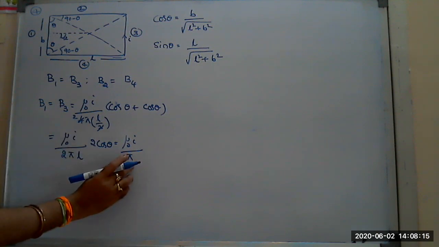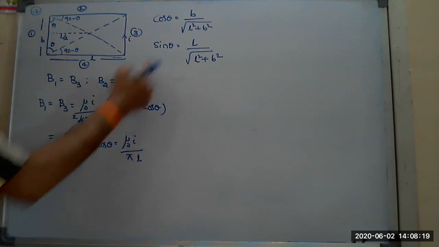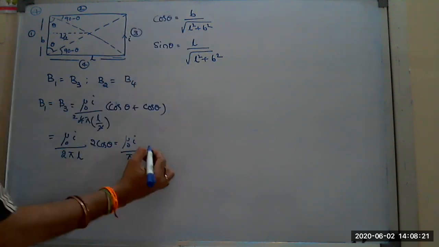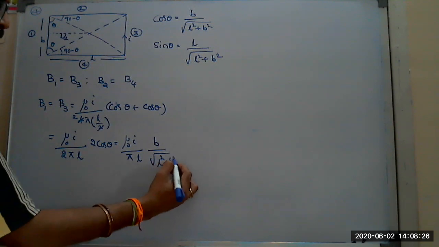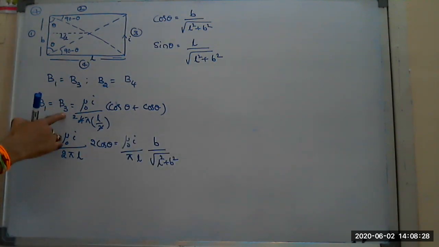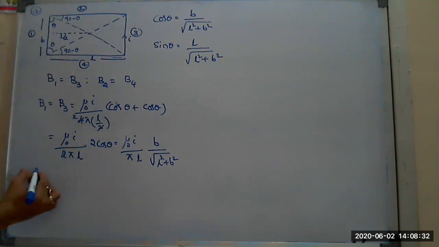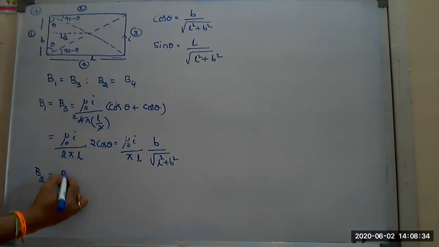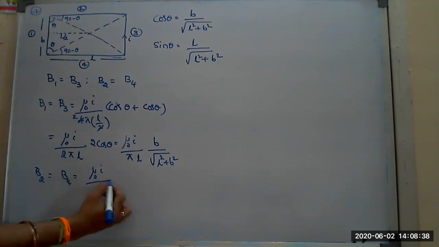Okay, pi into L into 2 already cancelled. Cos theta is B by root of L square plus B square. Okay, this is B1 and B3. In the same way, second and fourth, B2 equals B4, you will get mu naught I by